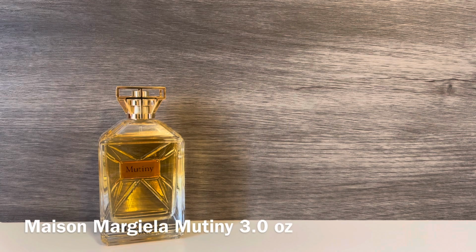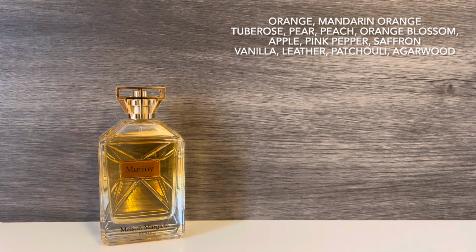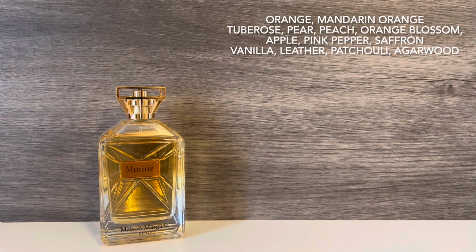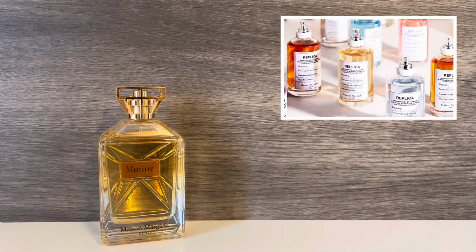And then I have Mutiny from Maison Margiela, and this is not part of the replica line. This has top notes of orange and mandarin orange, mid notes of tuberose, pear, peach, orange blossom, apple, pink pepper, and saffron, and base notes of vanilla, leather, patchouli, and agarwood. So I'm not sure why this is not part of the replica line from Maison Margiela, which I do really enjoy,